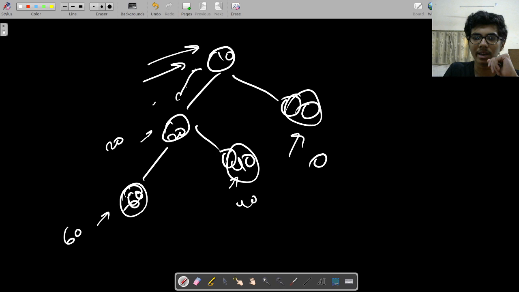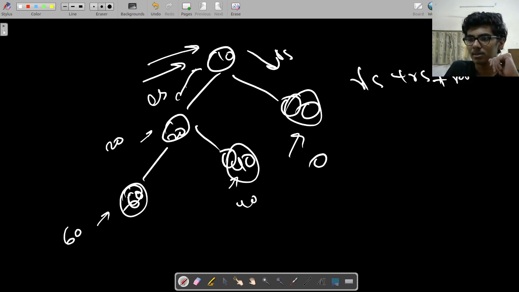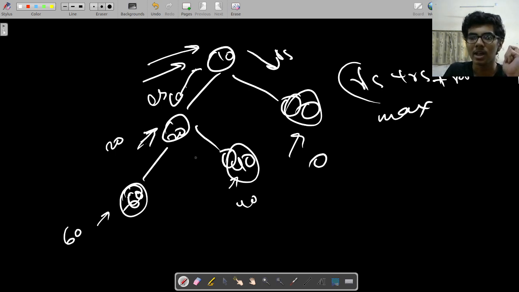Now I want the answer for the left subtree and the right subtree to be maximum, so that I can perform ls plus rs plus root data, as I was doing. So I want the maximum answer. So I need to calculate the left subtree and the right subtree. For that, I will go first to the left subtree and calculate the answer for this. At some point, it might be possible that it is giving me the maximum value, right? So for this answer, over here, I will be getting a left subtree and the right subtree.